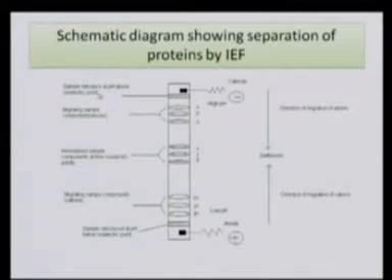Similarly, when you introduce the protein mixture at high pH, the proteins will get a net negative charge. And when you run the electricity, when you allow the current to flow through this strip, what happens? These negative ions, that is the anions, will move towards the anode. But because there is a range of pH from high to low, the proteins, according to their isoelectric points, the moment they attain the state called zwitterion, their mobility is going to be arrested. At that point we are going to immobilize the sample components at their isoelectric point.